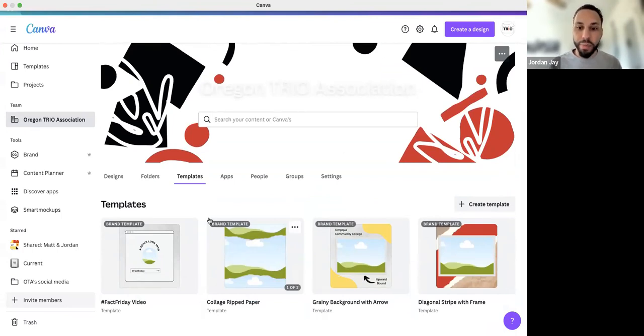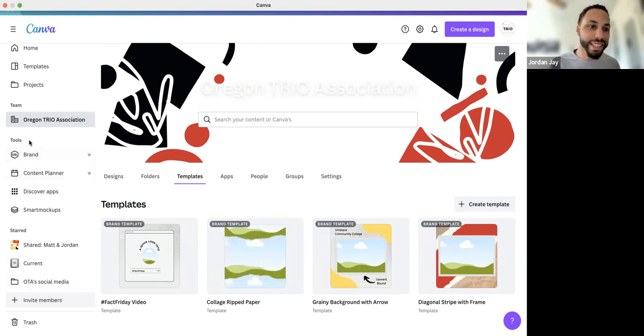This is an awesome place where, after seeing what templates and content are working best for you and getting the most likes and interactions on social media, as an example, you can bring that template over here, maybe take away the images as I've done here, and then create it as a brand template that other members of your team can access, so you can have more unified content on your different profiles.